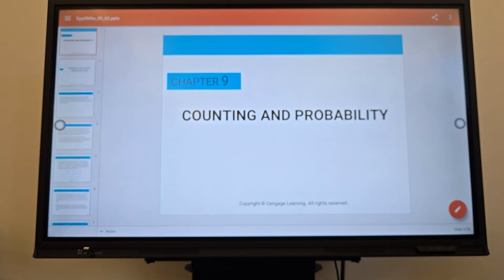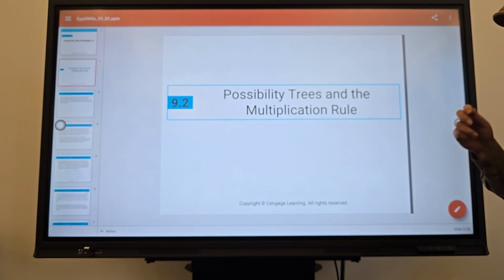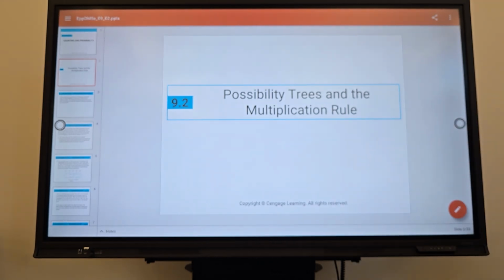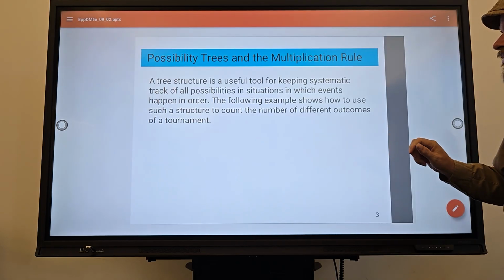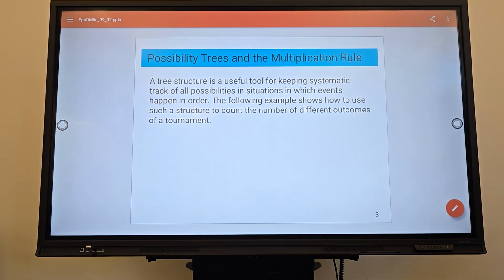Chapter 9, Counting and Probability, the Possibility Trees, and the Multiplication Rule. A tree structure is a useful tool for keeping systematic track of all possibilities and situations in which events happen in order. The following example shows how to use such a structure to count the number of different outcomes of